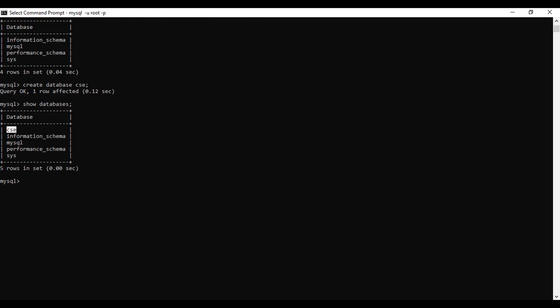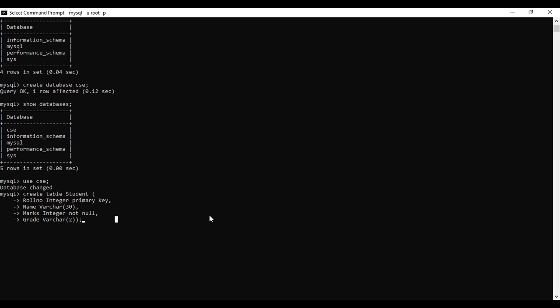And coming to the next one. Now I'm going to set the current database, using the command use CSC. So the database is changed and the current working database is CSC, the one that was created. Now I'm going to create a table student in this database CSC. So what is the command here? Create table. The name of the table is student, and I'm going to take the attributes roll number, name, marks, and grades, with the given specifications and types like varchar.